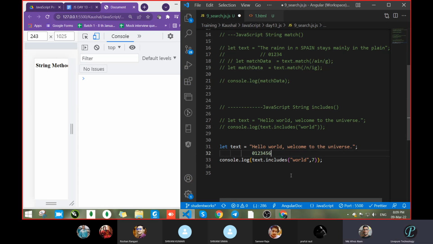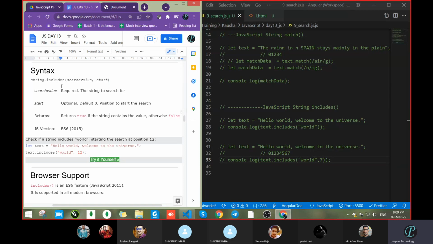That's why we did not get it. It means at the 7th position, world will not start, because W is at the 6th position, but we are telling it to search from the 7th. That's why we got false. We are not searching for one letter W. We are searching for the complete word world.